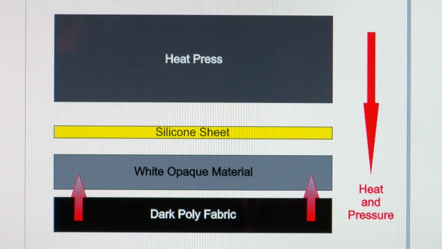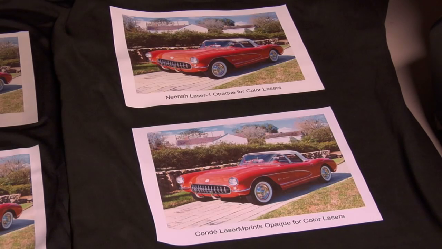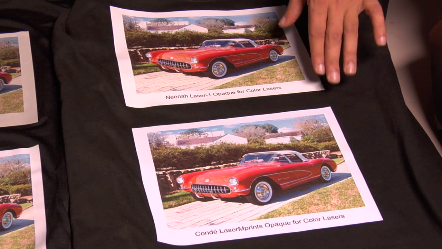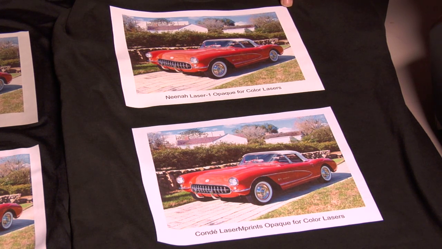In order to combat dye migration from happening to our opaque materials, we're going to show you what dye migration looks like on the fabric and then move over to the heat press to give you some tips and techniques. Here's some examples of a few t-shirts I did in order to demonstrate what happens during dye migration. You will notice on this particular shirt here, we have two different types of color laser opaque materials transferred to this shirt. However, the white base of the opaque material remained white during the heating process, so no dye migration